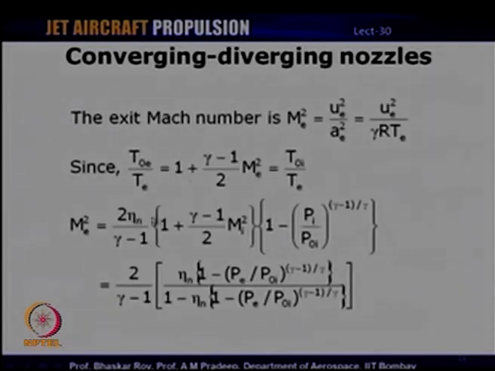and from this equation we get 2ηn/(γ-1) multiplied by [1 - (γ-1)/2 Mi squared], where Mi is the inlet Mach number, multiplied by [1 - (Pi/P0i)^((γ-1)/γ)]. This of course can be simplified and written in terms of the pressure ratio: 2/(γ-1) into the nozzle efficiency, [1 - (Pe/P0i)^((γ-1)/γ)] divided by [1 - ηn into (1 - (Pe/P0i)^((γ-1)/γ))]. So, here we have expressed the Mach number in terms of the pressure ratio, that is the exit pressure